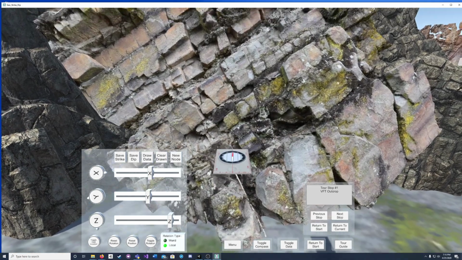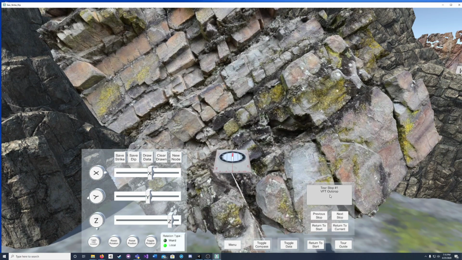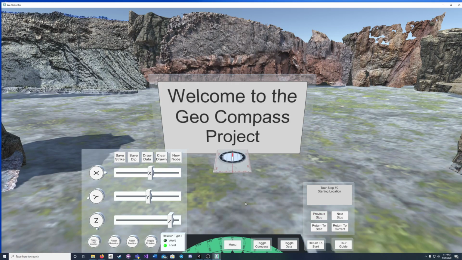There's a number of these different spots, and you could edit and add to this information to display whatever you'd like the user to see. If you say you move too quickly and you skip one of the stops you'd like to go to, instead of running around the level looking for it or having to cycle back through all of the stops, you can simply hit the previous stop button and it'll bring you back to whichever one you were previously at.